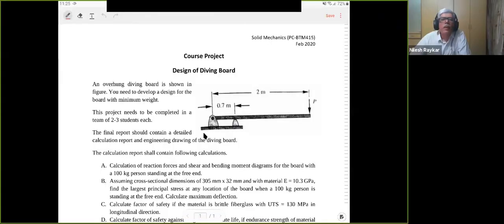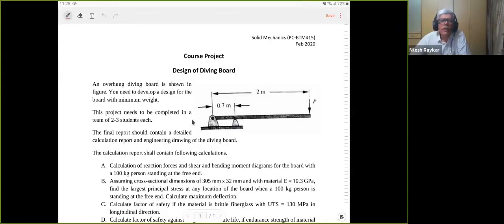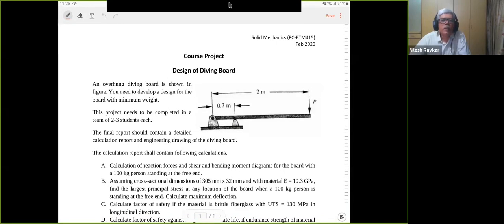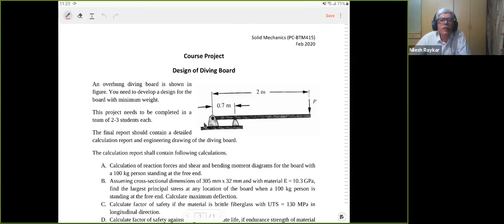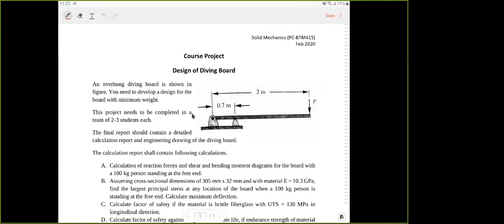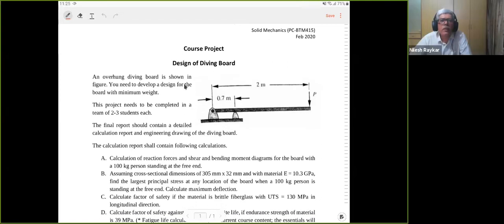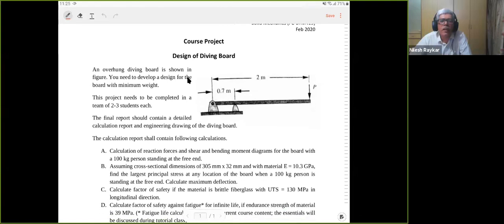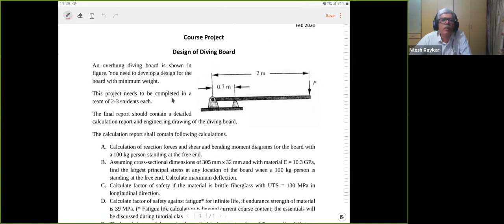The course project got stalled because of various reasons. Okay, so I am sharing the screen of the course project. There is no way of knowing what I'm sharing. So are you seeing the topic course project? Yes, sir. Yeah, because I know what I've clicked on, but I don't know whether it is the one which I'm talking about.